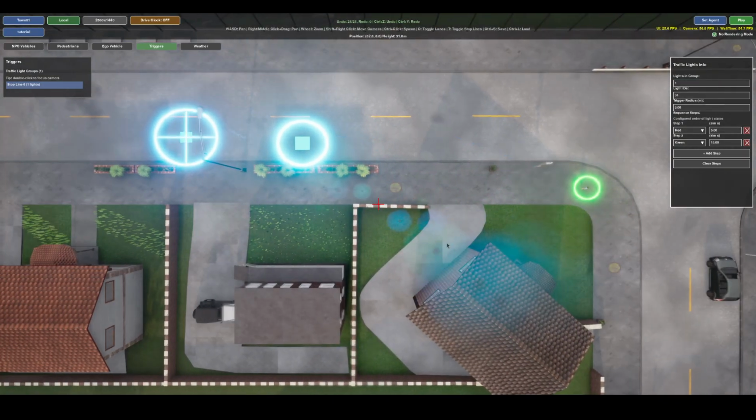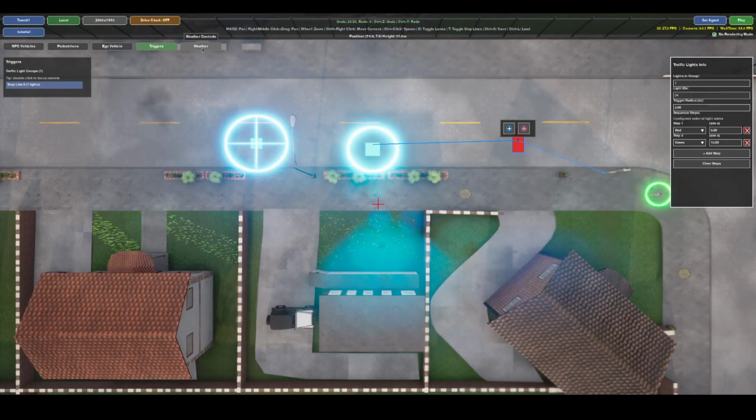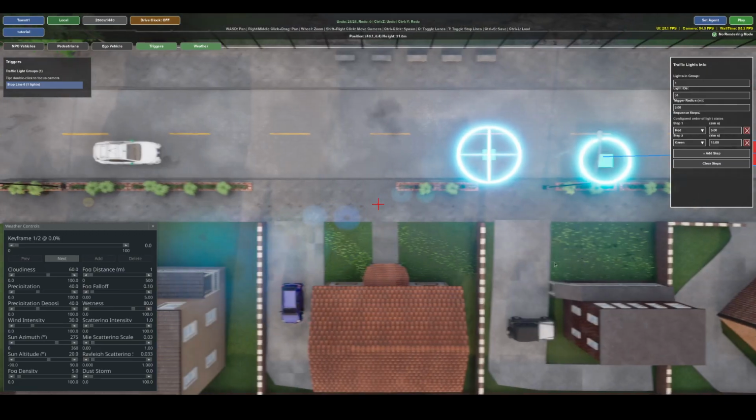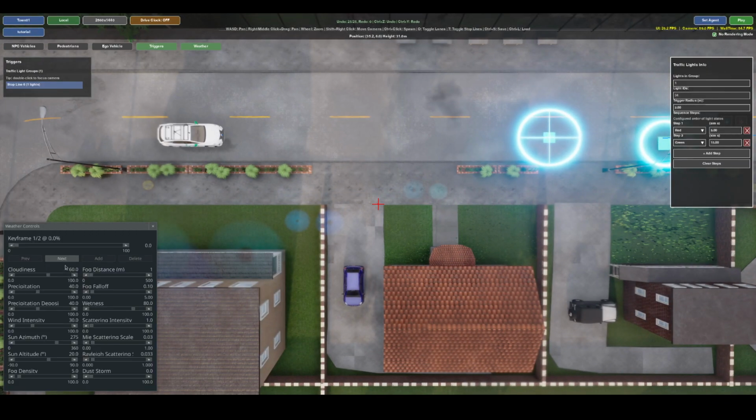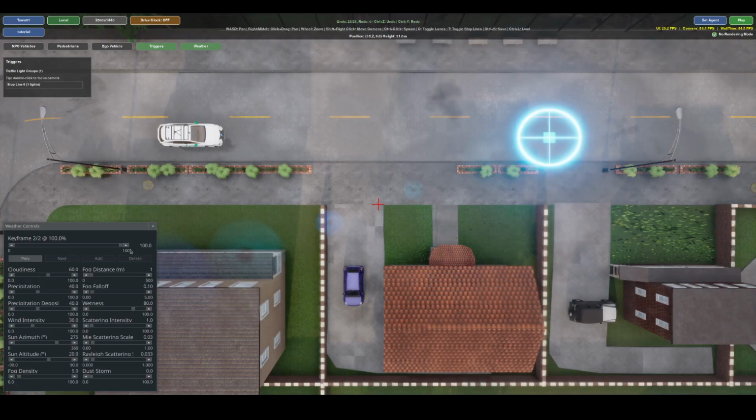Now the last step is to change the weather. For that, let's click the weather button. Weather uses keyframes. At the moment, this shows the percentage of road covered. First keyframe is at the beginning, and the second keyframe is at the very end. At the moment, as you can see, the weather didn't change. But for example, let's add a new keyframe here in the middle of the road,